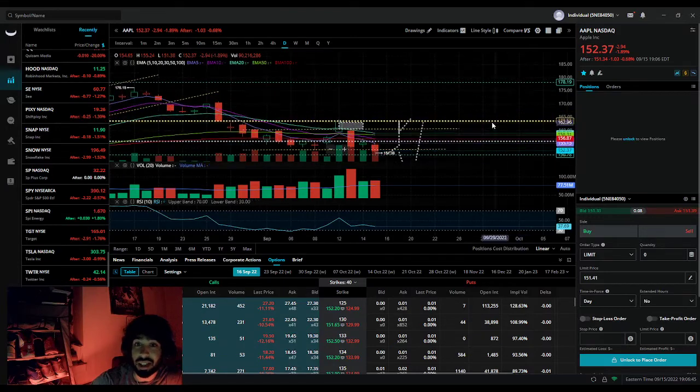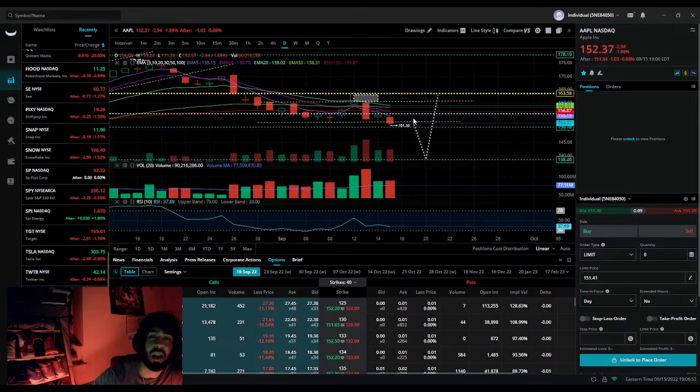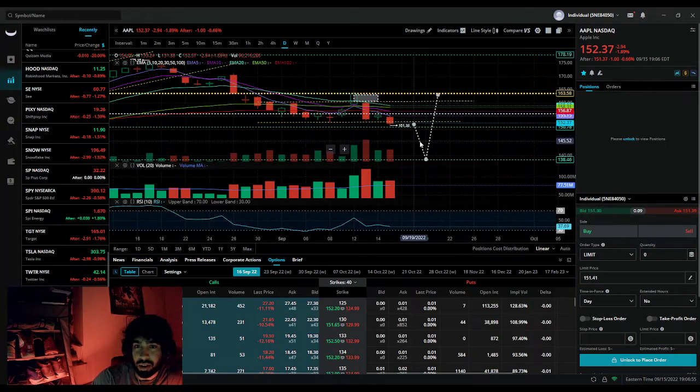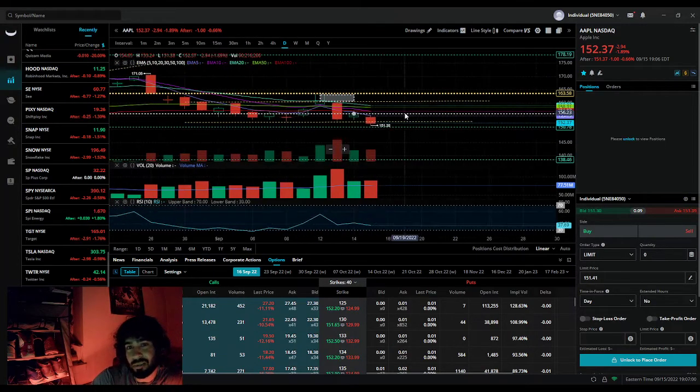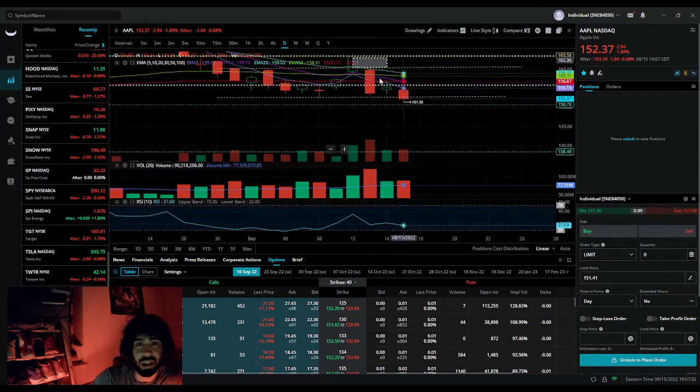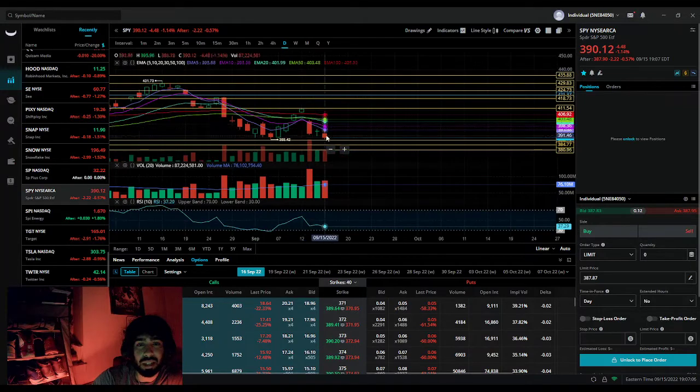So yeah, like I said yesterday, there's going to be a little pullback, and today was the pullback. I just want to wait till tomorrow and see what happens. I'm going to get rid of these drawings though, because when I wake up in the morning at around 9 o'clock, I look at all the stocks and see how they're doing. SPY is another one. SPY is the same way. Right now it's finding support on this, and it should bounce.